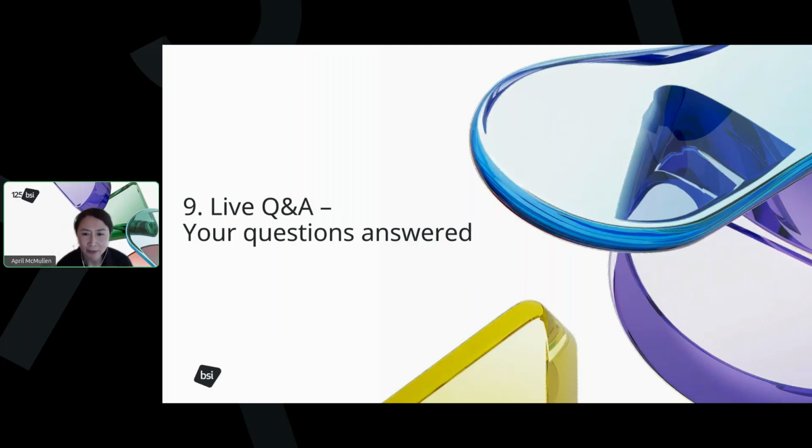I also wanted to flag that speakers won't be able to comment extensively on questions related to training or certification, as these areas fall outside the scope of standards development. But if you did have any questions related to other areas, such as the key changes or the revision process, please do let us know. We also had a number of questions that were submitted in advance around the changes to ISO 9001, which Sam has been able to cover in her presentation just now. But if there was anything that you'd like further clarification on, please do put it in the questions box.